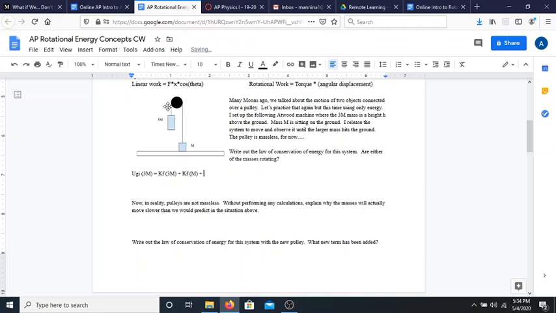But I also know, looking at this, that the small mass has now been pulled into the air, so it actually has gained potential energy. So at the end of all this, it actually has UGF. It has potential energy as well. All right. So now what we see is that, look, writing at the law of conservation of energy, and I'm